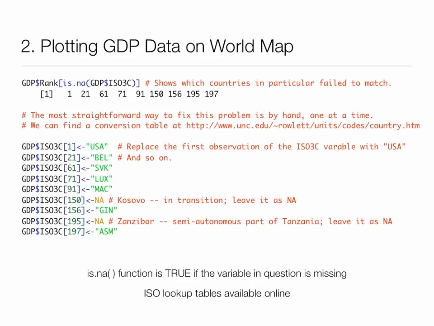That returns true if ISO 3C takes on a value of NA and false otherwise. So what this command does is it says give me the rank for every country for which ISO 3C is missing. So it tells you country number 1, country number 21, country number 61, and so on. So all I do then is just look at the data, list out the rank and the country name, and then go online